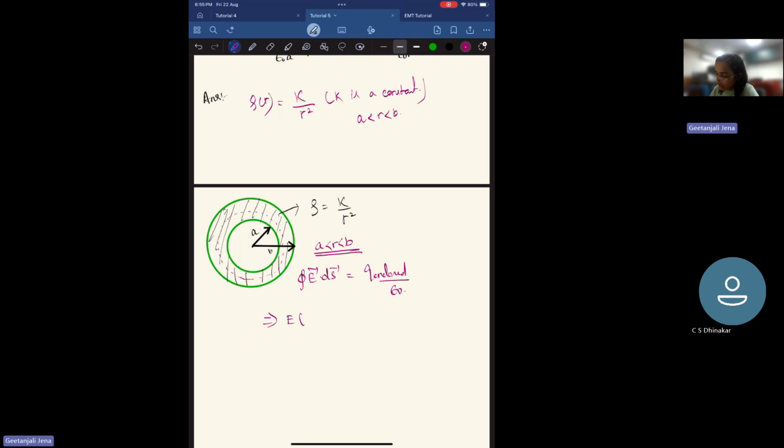So for the sphere, this is E 4 pi r square, and Q enclosed will be integral of rho dV,